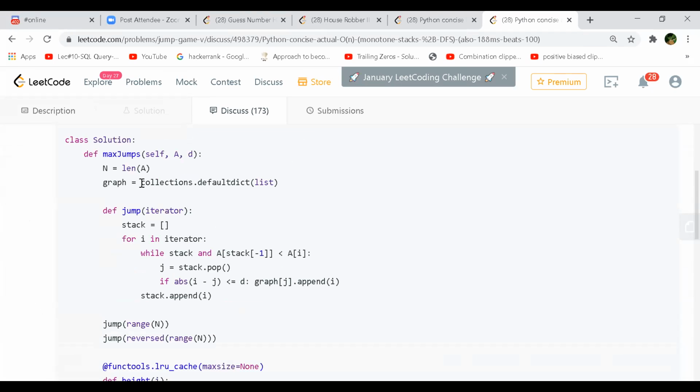One minute. The same guy who asked the doubts created an O of n solution and shared it. I have sent a link in the chat. What is this?